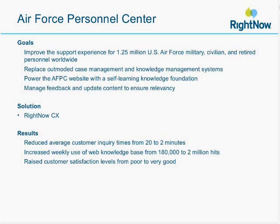The U.S. Air Force Personnel Center is utilizing our DISA Cloud, mentioned earlier, to improve support services for 1.25 million U.S. Air Force military, civilian, and retired personnel worldwide. AFPC moved from an on-premise application to the cloud in an effort to maintain high-quality personnel services despite mandated resource reductions. They also needed to replace outmoded case management and knowledge management systems, manage feedback, and update content to ensure